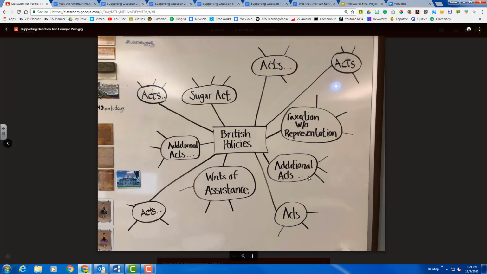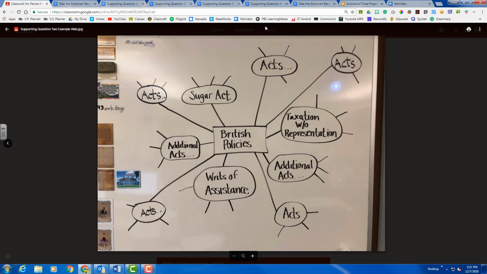Some of the acts you'd want to make sure you put in this would be things like the Stamp Act, the Quartering Act, the Townshend Act, the Tea Act, the Intolerable Acts, the Declaratory Act. You'd also want to have in here the writs of assistance. You'd also want to talk about taxation without representation. You'd also want to talk about the Quebec Act, the Sugar Act. And if you're really looking for that 4 grade, you could even talk about the death of Christopher Seider right before the Boston Massacre,